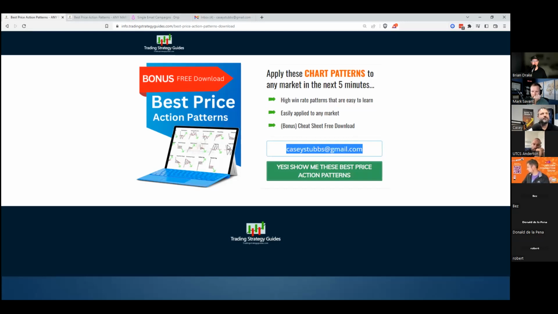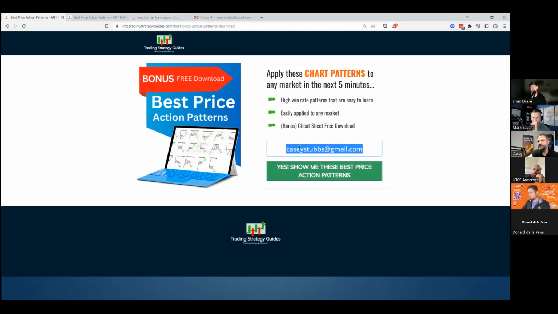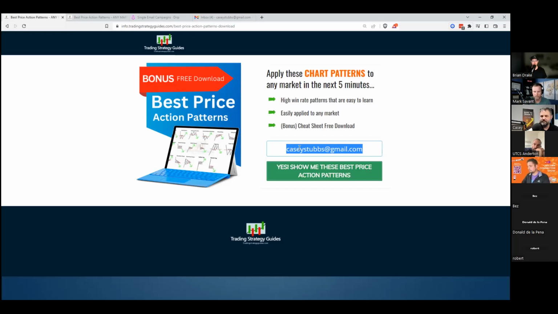Well, if you ask for a first name, there's a benefit and a negative side for each. If you ask their first name, you should always send emails with the first name in the subject line and in the email, because that increases your open rates. So if you say, Mark, open this email, if your first name's in it, it helps. But if you put the first name on the page, it decreases the opt-in rate. So it's like a catch-22. It will help you more later on, but it hurts on the initial opt-in.